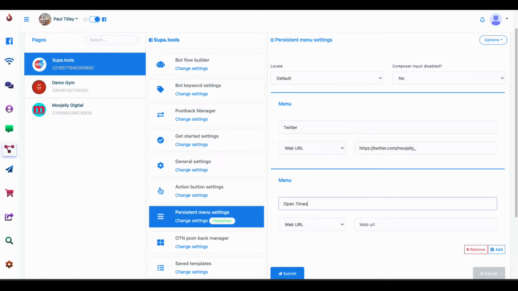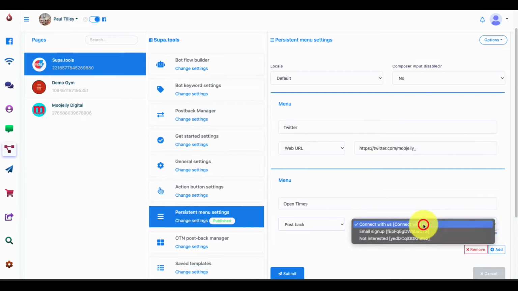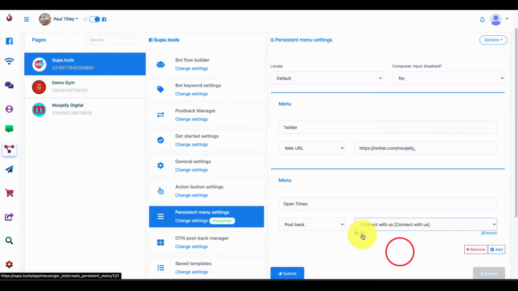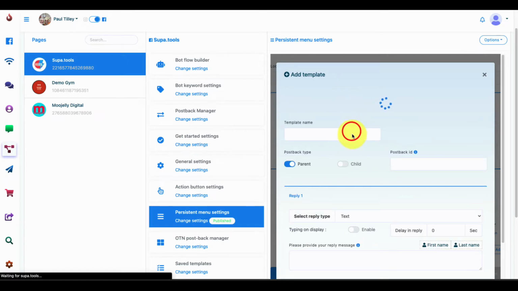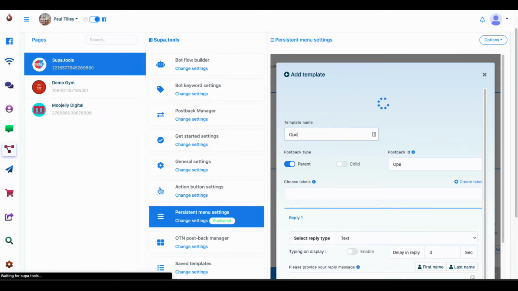But let's say, for example, I want something like opening times. Okay. Now what I could do is a postback, which is basically internal. That's going to bounce back to the person. It's not going to take you to an external URL. It's going to be inside the system, if that makes sense. Now, you may have already had something here that you've done previously that you've saved. If not, you can go to add, okay, and give it a title, opening times,